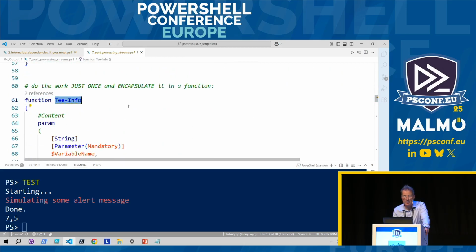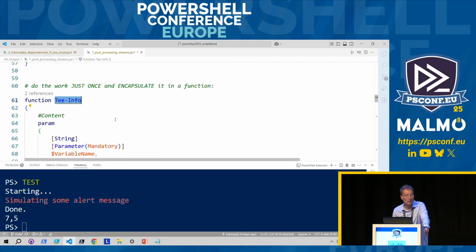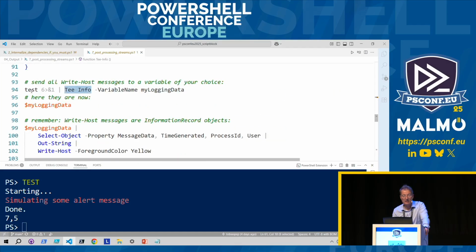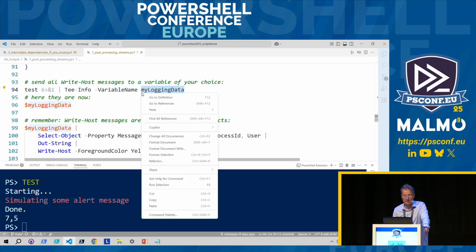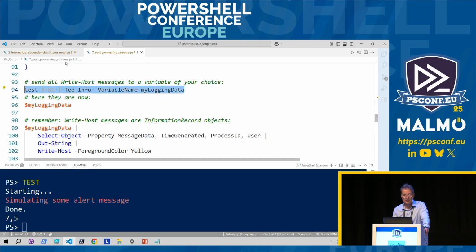Here is everything isolated so that you don't have to think about ugly code like this. T-info. And here's how it works. I have any function or script that uses Write-Host. I redirect the host channel to T-info and give it the name of a variable where I want the host messages to end up. This is just the name of any variable. This variable doesn't exist yet. This will be created. So when I run this now,